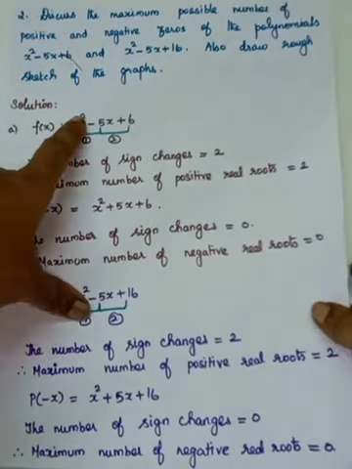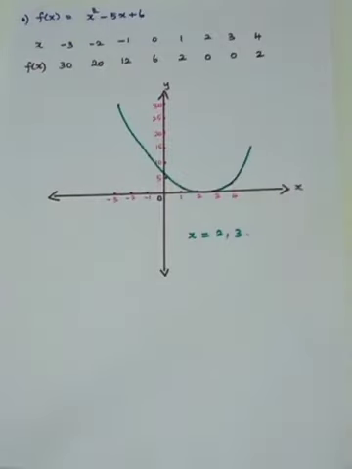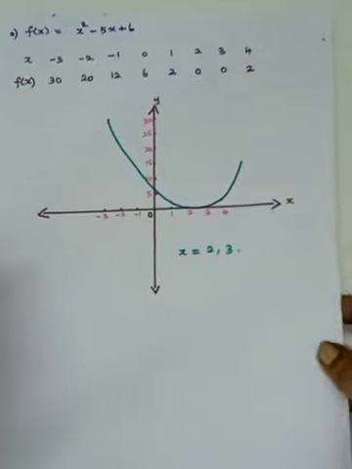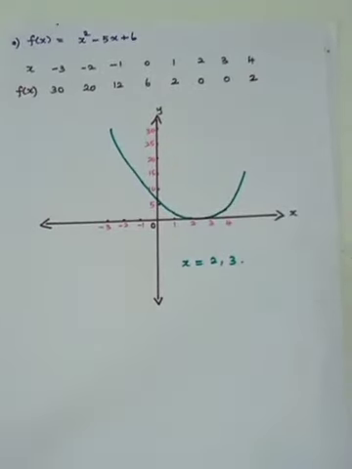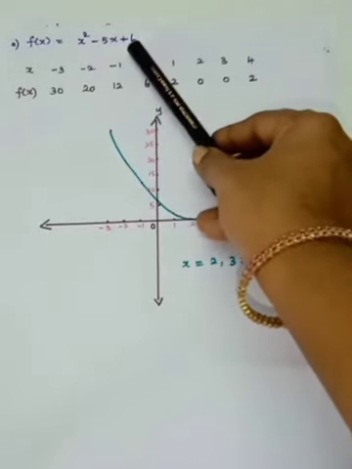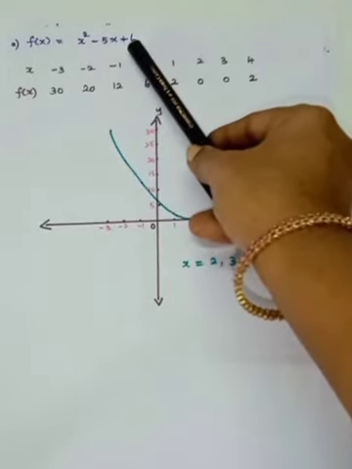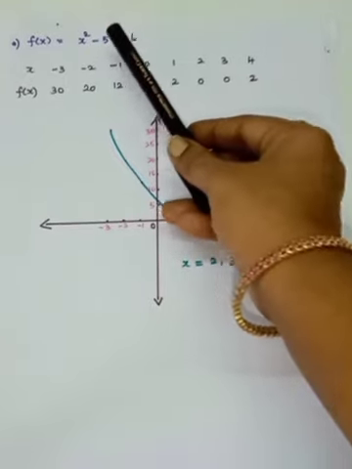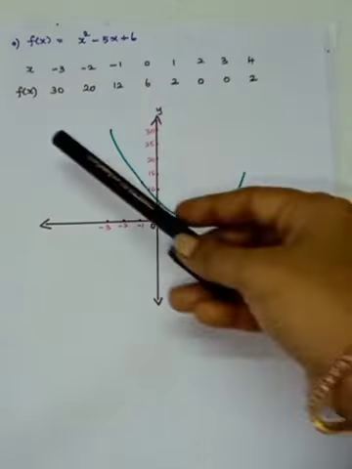So when the question is asked, also draw the rough sketches of the graph. I'll take the first one, f of x. Here I have taken some points, minus 3 to plus 4. See now, minus 3, if I substitute here, minus 3 the whole square is 9, 9 plus 6 is 15. Here x is minus 3, so minus 5 into minus 3 is plus 15, so 15 plus 15 is 30.